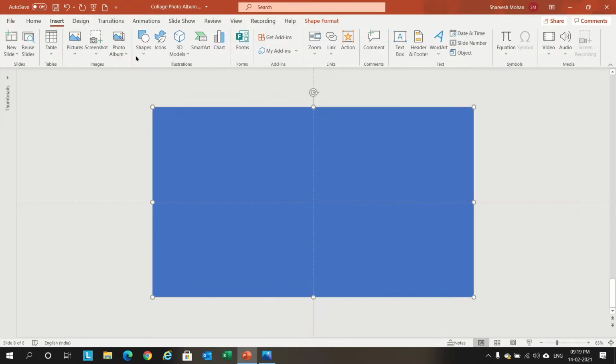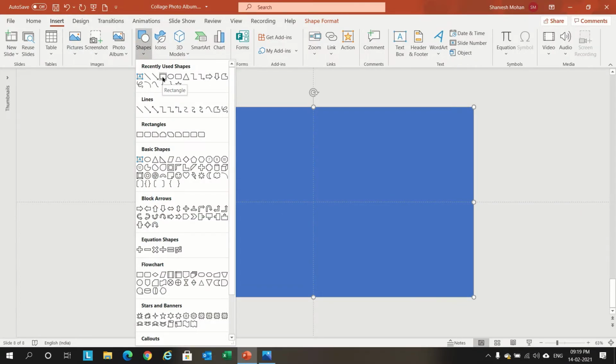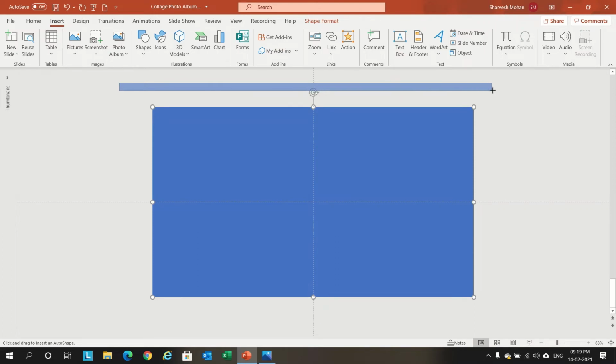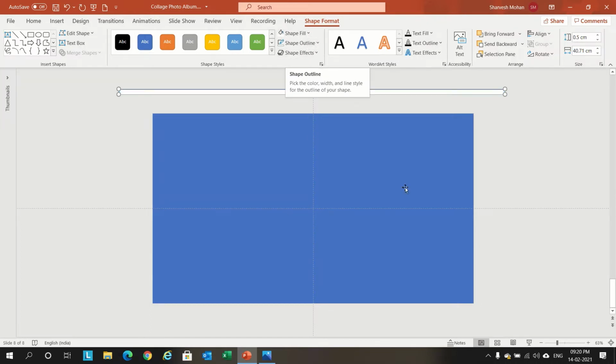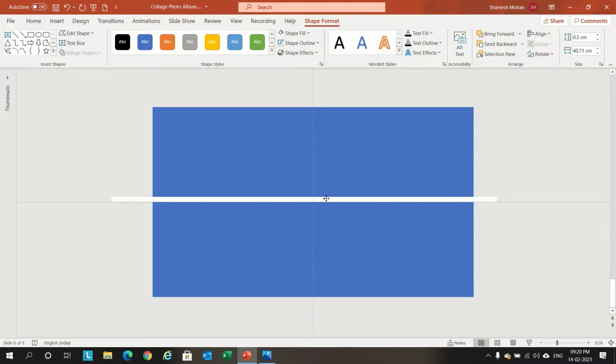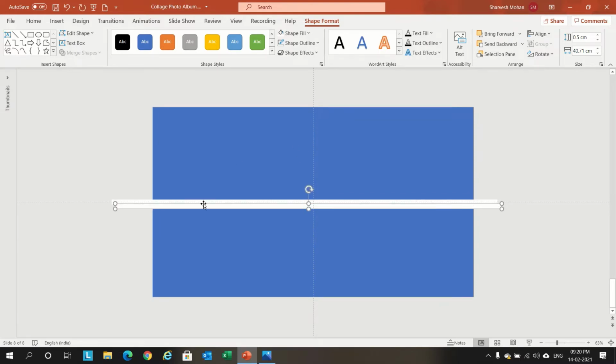Again take Insert, Shapes, take a rectangle and we'll draw a straight line like this, and we'll give it 0.5 centimeter height and we will change the color to white to differentiate between blue and white, and give no outline. Let's put this in the center of the slide and we'll copy the same shape.